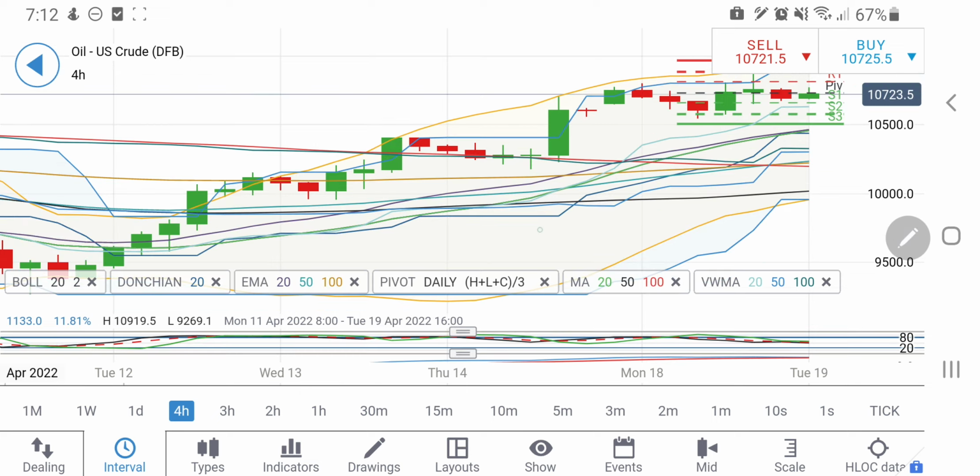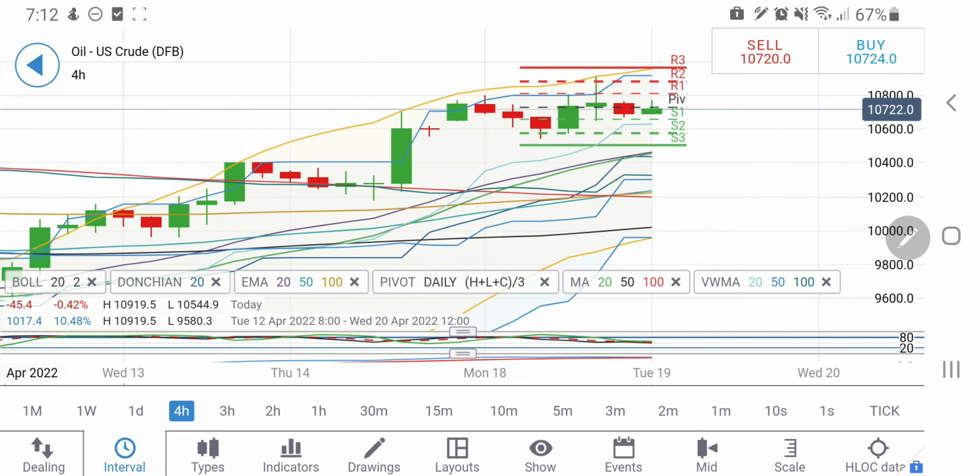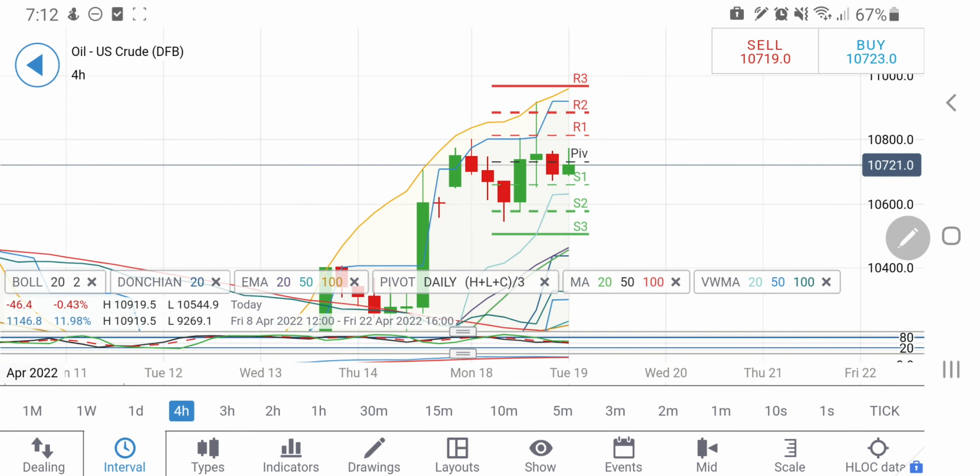Let's have a look at different time frames. On the 4-hour charts, retracement, rise, higher highs have been done, so it is pivoted at around 107 levels, that is for sure. From 107 it is trying to trade in this zone, and probably now the support at around 105 or 104.5